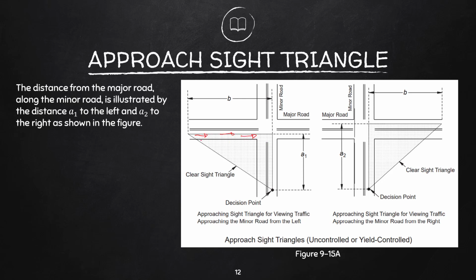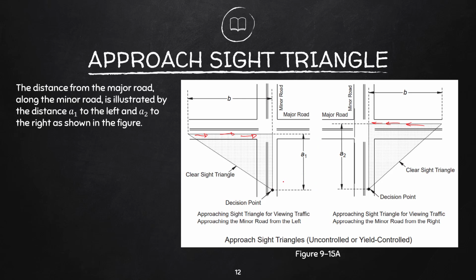So he needs to see these vehicles. Okay? And that distance from that major road to the decision point is what we call a sub 1. For the decision point in the other type, this is a sub 2. Of course, a sub 2 is longer as compared with a sub 1. This type of approach sight triangle, remember, is only applicable for road